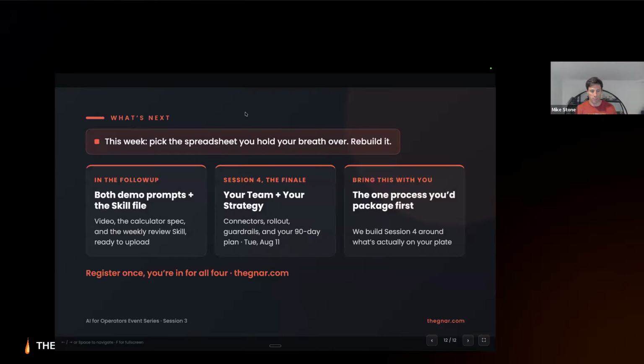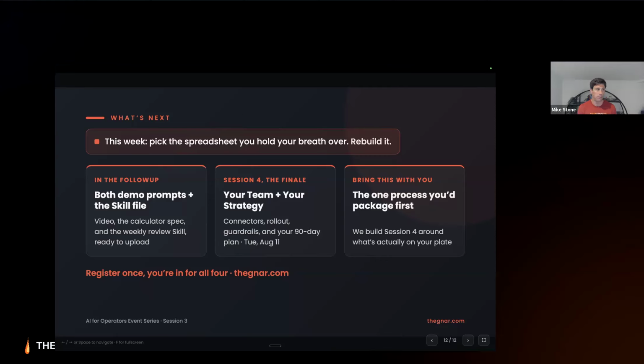All right, so that's all we've got for this week. I would encourage you to pick a spreadsheet or some part of your process and rebuild it, either using Claude Code and artifacts or Skillify some part of your process. I will be following up with some demo prompts in a skill file.